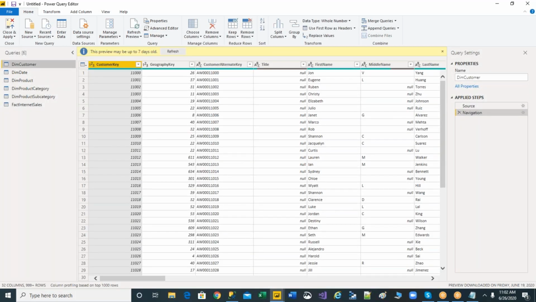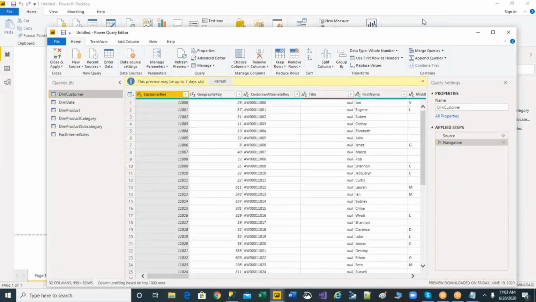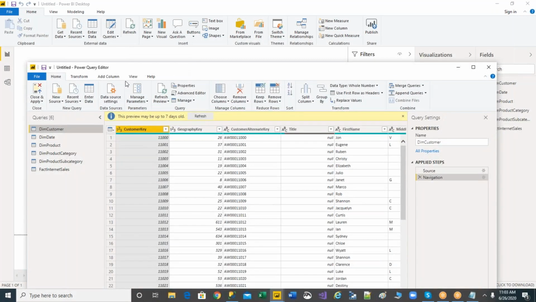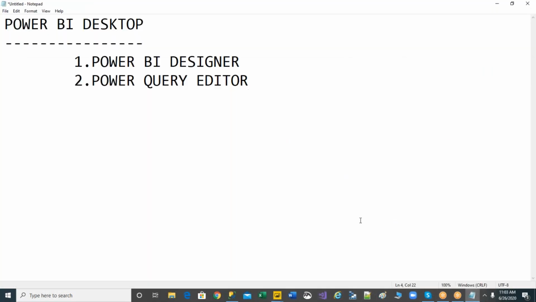I'm just trying to minimize this. Yes, see, this is your Power Query Editor, and whatever you're able to see in the background is called the Power BI Designer. So why did the Microsoft team implement two different windows? The reason is,